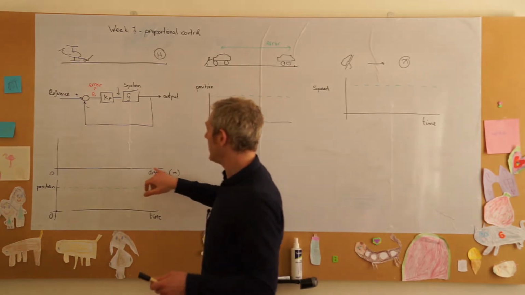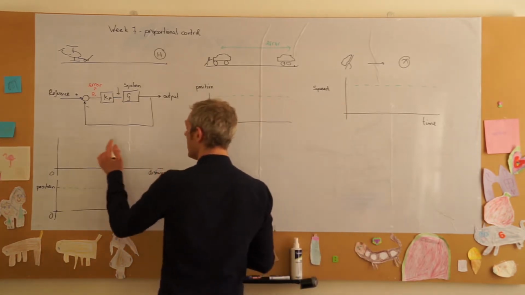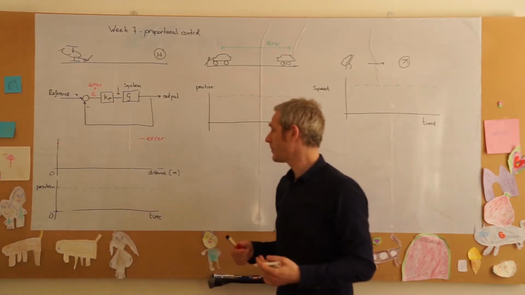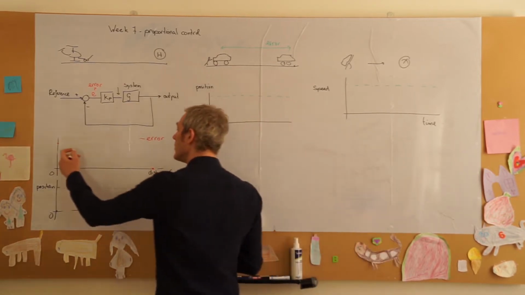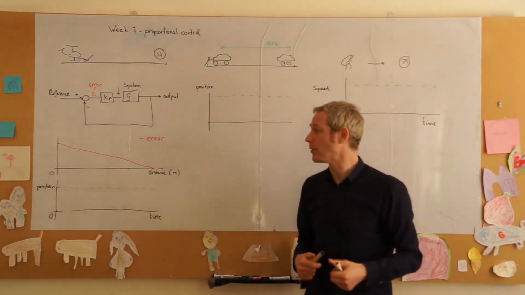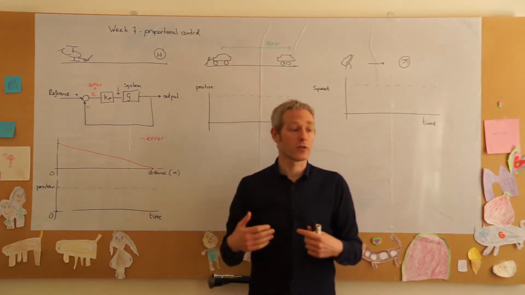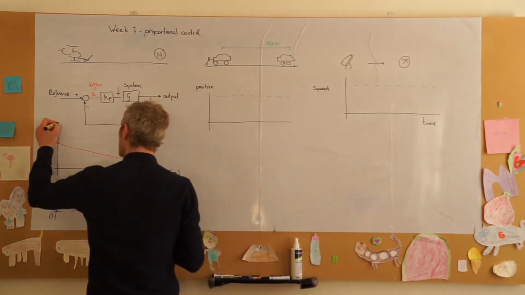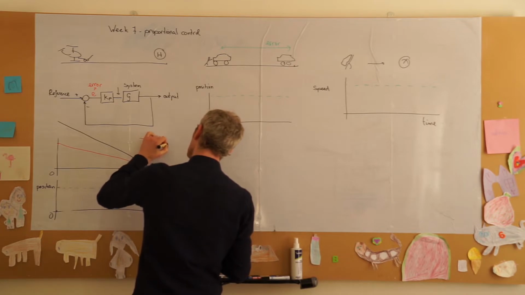So we have a starting position and a certain distance, and if we're far from our target, our error in red will be large. And if we reach our desired position, the error will be 0. So as we move from our starting position to our target position, the error drops to 0. Now, the controller, our proportional controller, will multiply this error with a certain factor, and it can be a small value or a large value, but this is what the controller will do. Our controller output